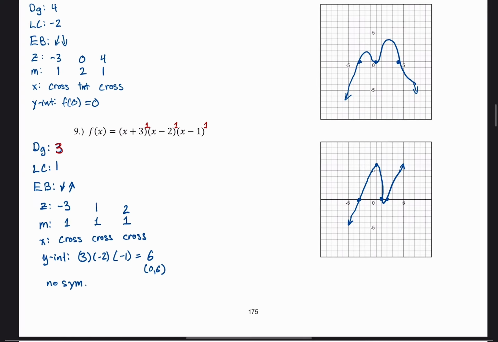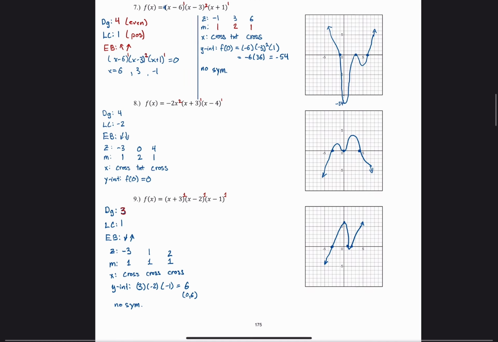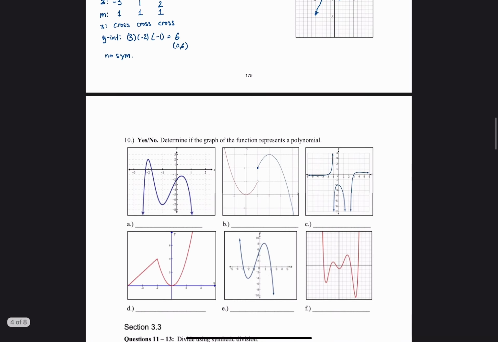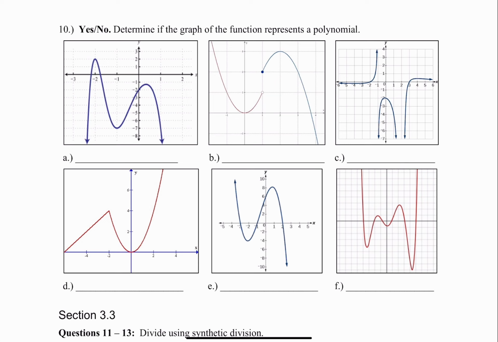All right, so those are 3 examples where we're given it in the factored form. So we'll look at some expanded forms a little bit later. Here's what I was referring to earlier. Notice that the graph of a polynomial must be both a smooth graph and continuous. But also remember that, maybe I'll add an extra one right here off to the side,